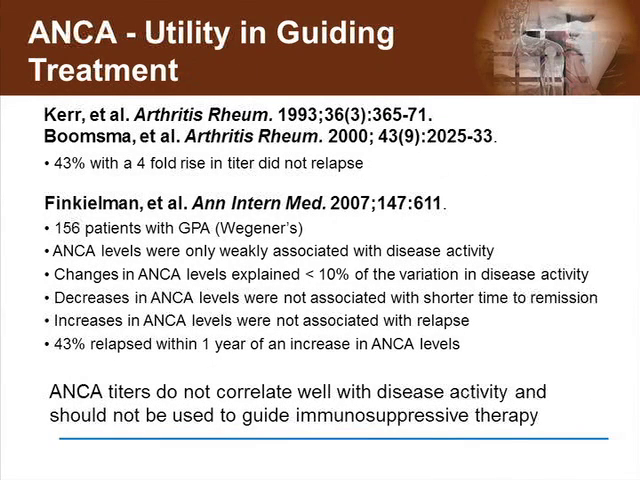Unfortunately, this has not been found to be the case. In two series from the 90s and early 2000s from the NIH in the Netherlands, strikingly similar findings were found, in which 43% of patients who had a fourfold rise in titer did not go on to relapse. The largest study to date was performed in conjunction with the Wegener's Granulomatosis etanercept trial and followed 156 patients prospectively